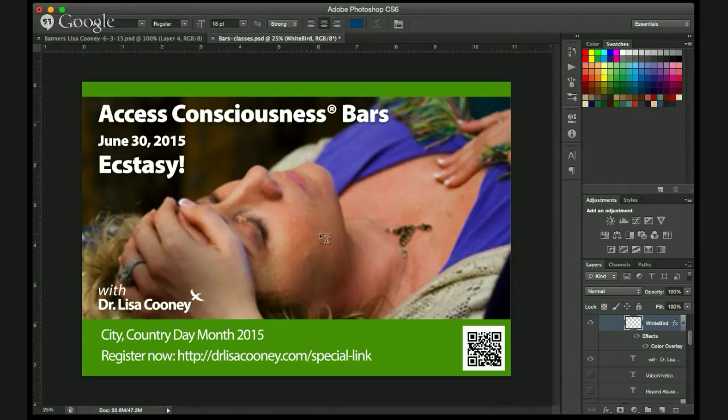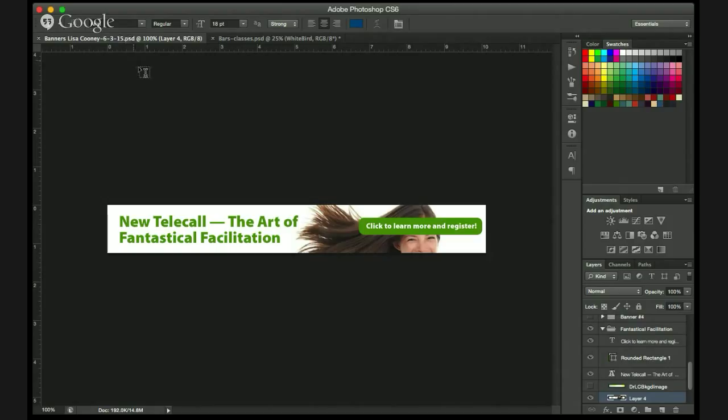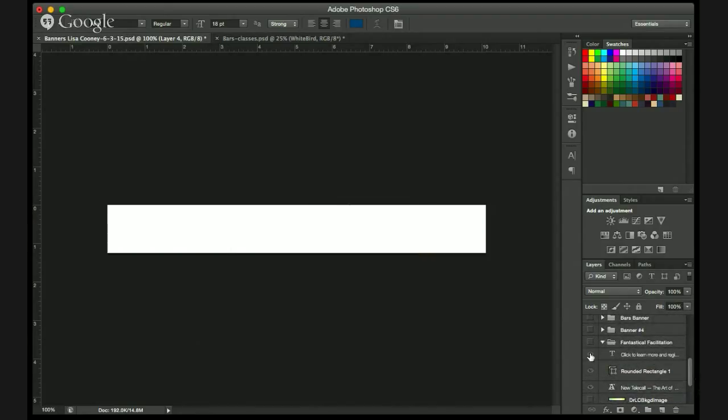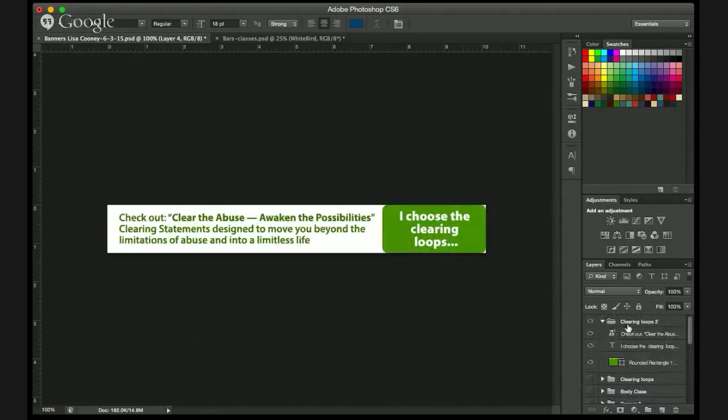But the first thing we're going to do is actually go back over to the banners area, and this is a banners file that has lots of different groups in it. And right now we're looking at the Fantastical Facilitation group. If I turn that one off, none of the rest of the groups are on, and so you end up with a white background. So I'm going to turn this one on just to have a group to copy, because you want to keep the new posters in the groups,